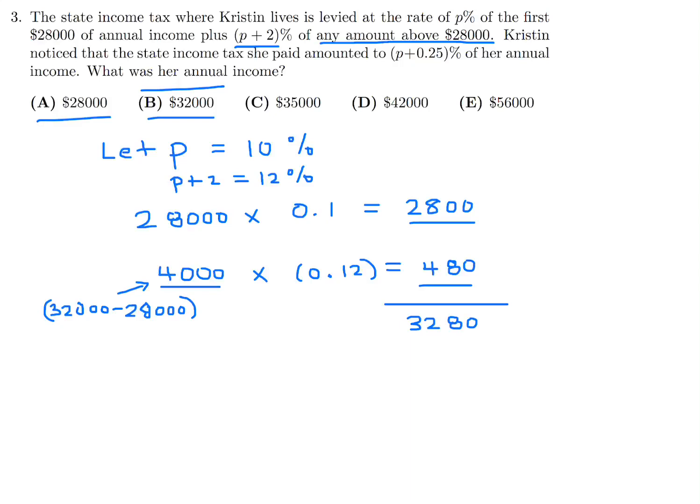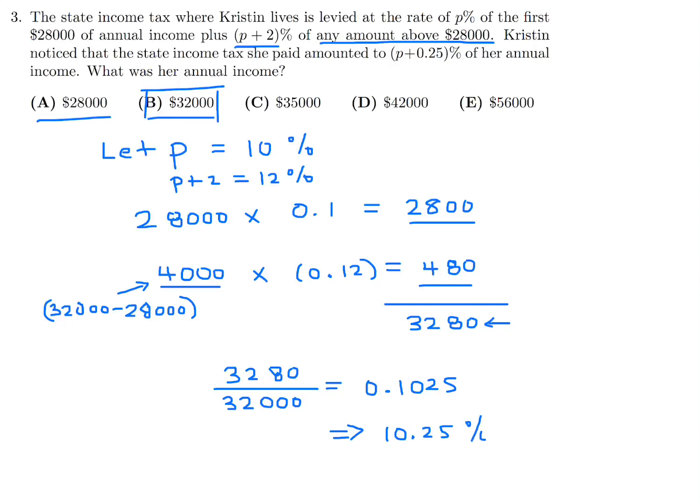And what they want you to figure out is, what is this as a percentage of her income? Well, in our example, the taxes she paid was $3,280, and the total income I chose $32,000. So if you do this calculation, it becomes 0.1025. And if you convert this into a percentage, it's 10.25%, which